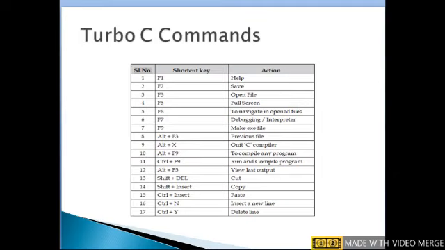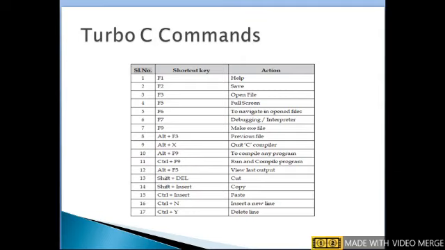F5 is used to display the editor in full screen. F6 is used to navigate between opened files. F7 is for debugging the program. To check the flow of execution, we use the F7 key.